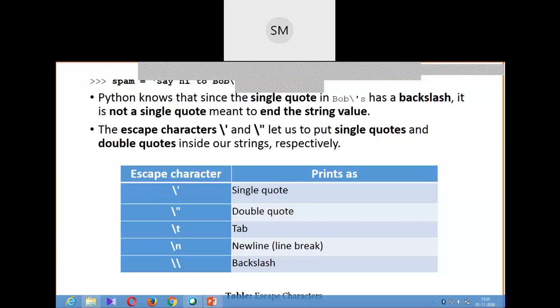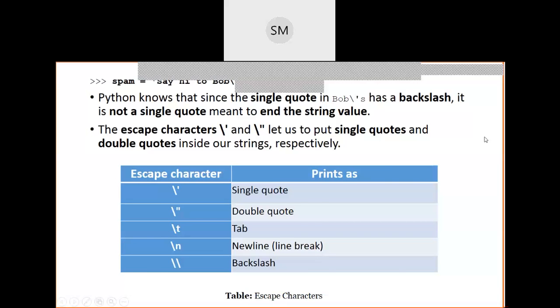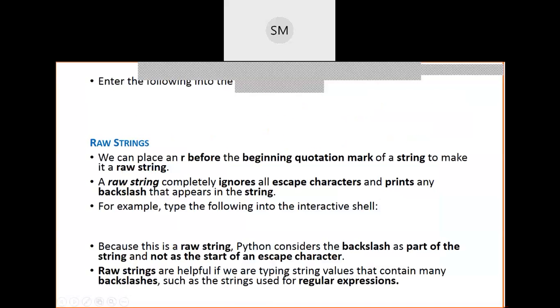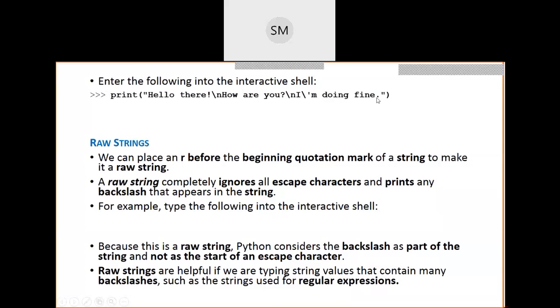Okay, so in the next slide, we will see some examples for practicing purposes. Suppose here one string is there: hello there, slash n, how are you, slash n, and I am doing fine. Here this string is enclosed between double quotes. So both single quotes as well as double quotes we can use for strings. Here we are using double quotes, and inside these double quotes some single quotes are there, and to print those single quotes as they are, we have to use